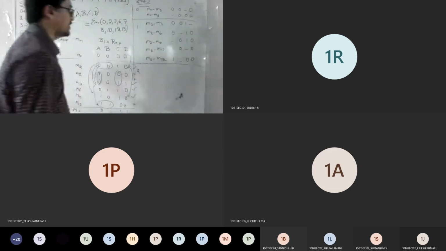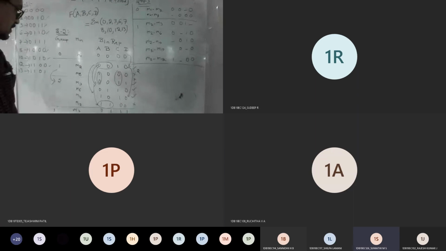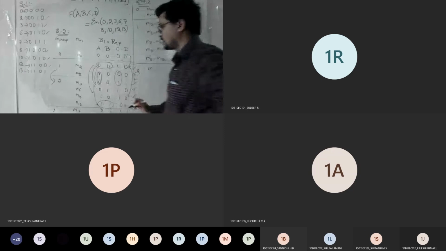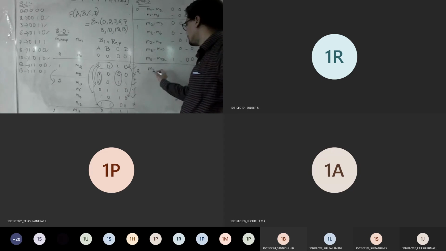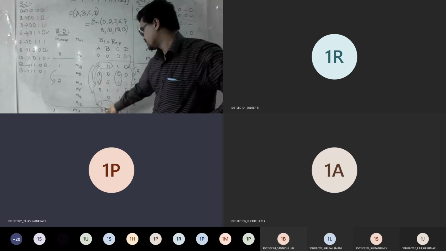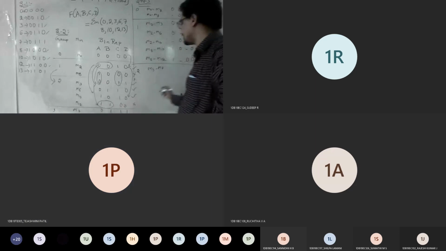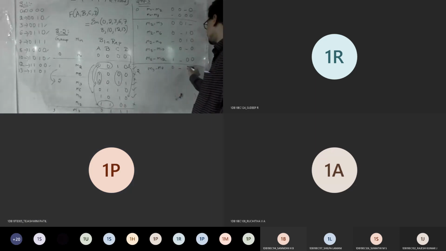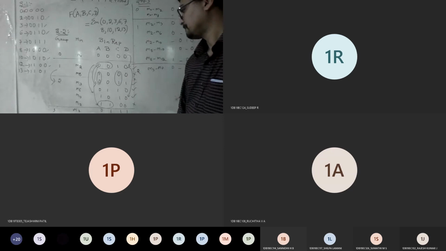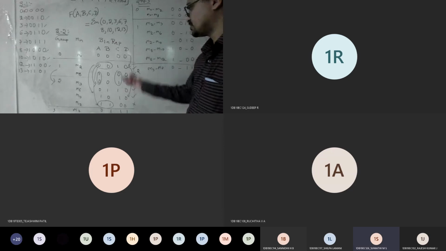M3 M7. What do you have in group 2? M3 M7, is it possible? Yes, sir. You can look at here. 0 0 0 1 is the only change. So after 0 dash 1 1, 1 1. Yeah. Next. So M3 M13 possible? No, sir. Okay, so gone.